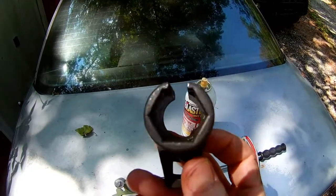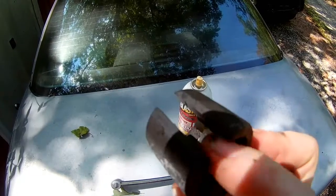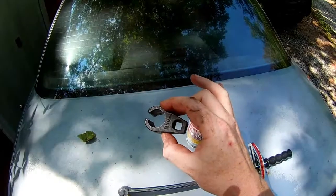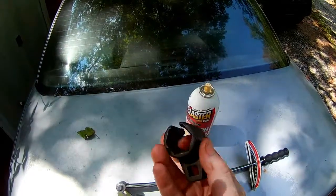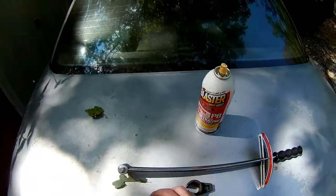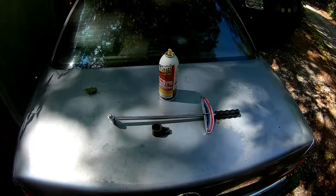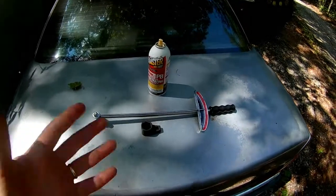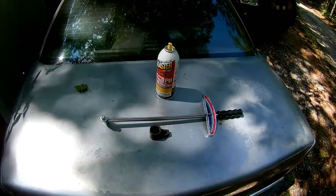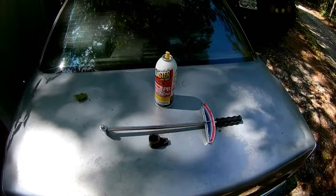It's a very simple little tool, but the point of it is, see that it is a hex ratchet head, right? But the idea is that it has this side cut off of it so that you can slip it around the wire of the O2 and then seat it, because a normal socket you can't get around the wire. And so, for example, the truck mechanic that I had so many problems with, they didn't have one of these, and every time they talked about removing an O2 sensor, if they couldn't get it off by the open crescent wrench, which typically doesn't work because you don't get enough